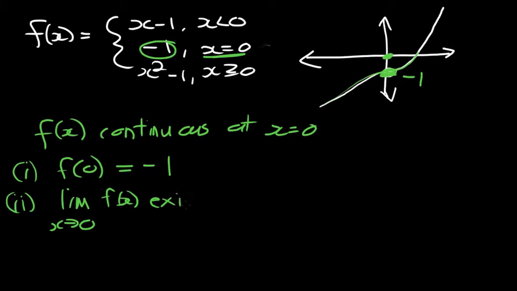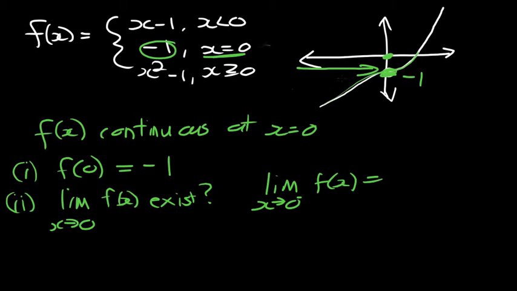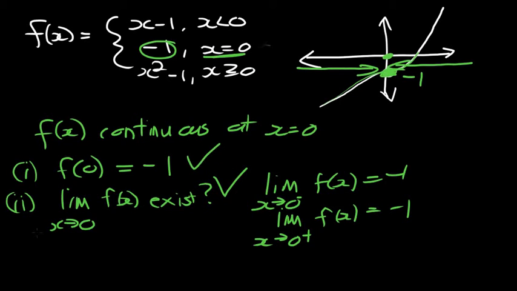Now does it exist? Well, we can see that if x tends to 0 from the negative side of f(x), it approaches 0, and then the y value is -1. If we let it approach from the positive side, when x approaches 0 from the positive side, the y value is again -1, so it does exist. Okay, so that exists. Now the last test for continuity is